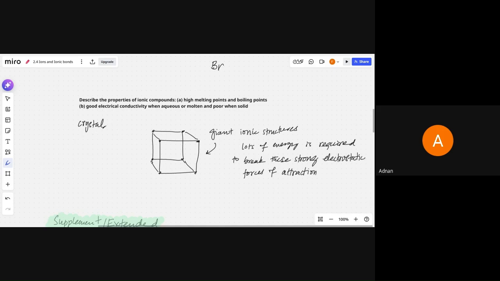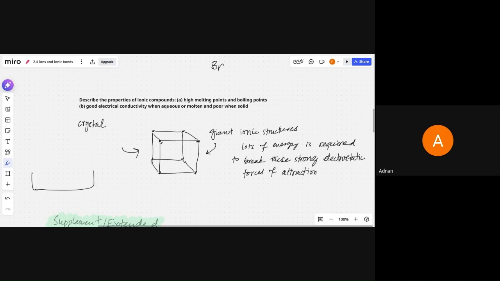So in the case of ionic compounds, when we melt this crystal, the ions get broken from the crystal lattice, they melt, or let's say if we dissolve this in water, the crystal structure dissolves, and now in a liquid state, whether it's aqueous or molten, these ions